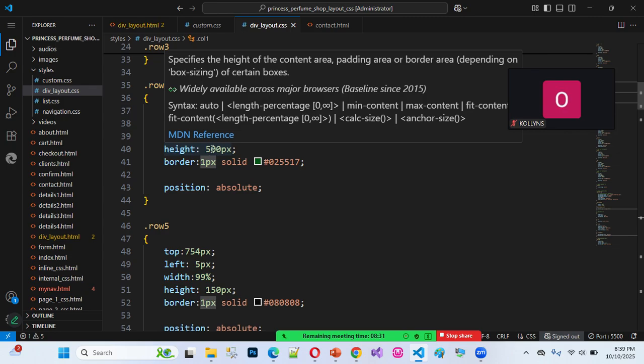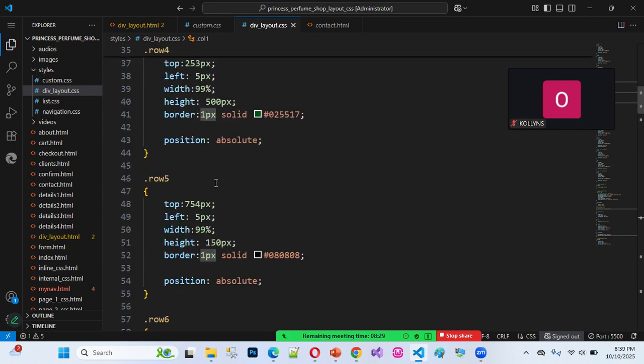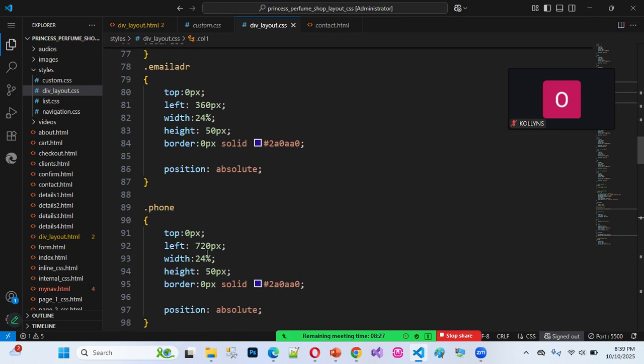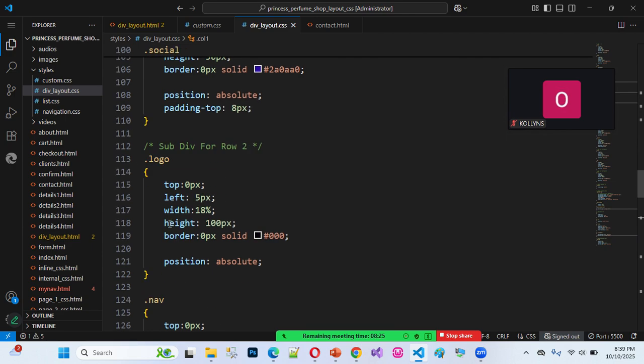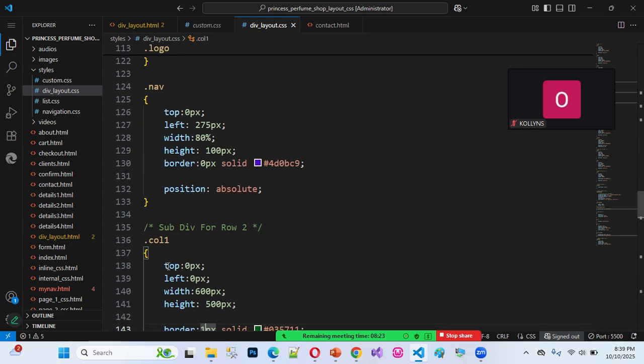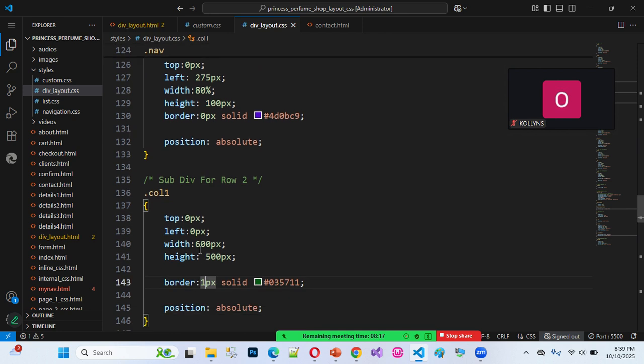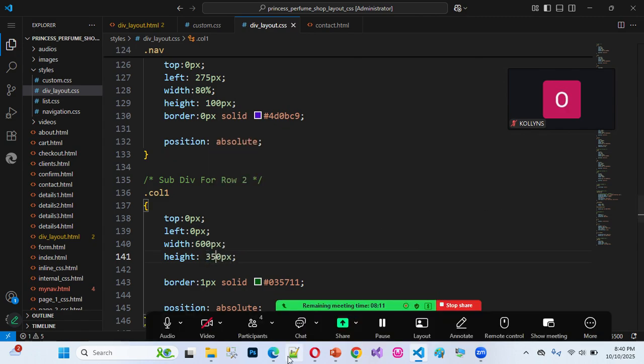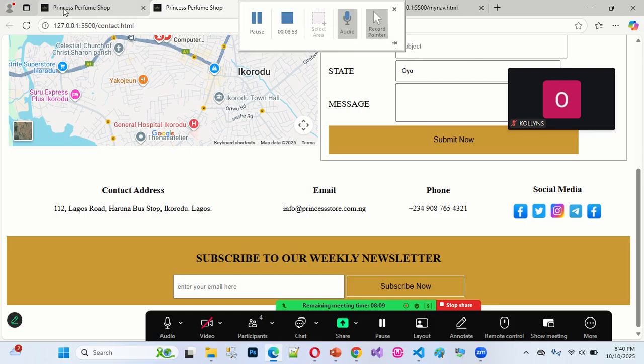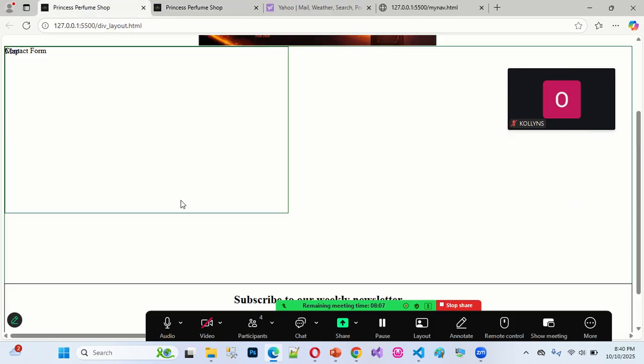So I can use 350 for the column height, so that the remaining 150 can be used for those addresses. Since the height is now 350, let me see where the 350 will cover in this section. Can you see now? That means this is how I'm going to make my Google Map small here,